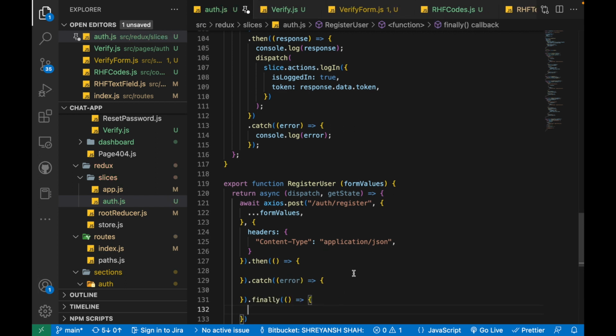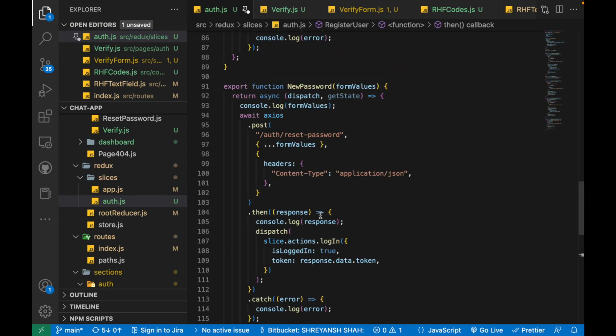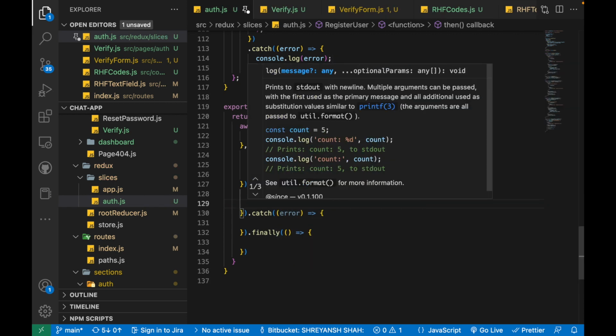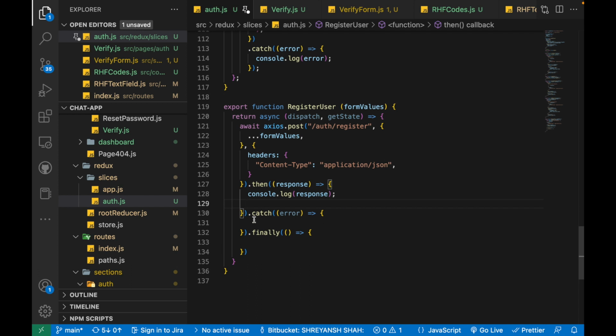Now what we are going to do here is simple. In this then block, we'll be basically getting the response. Let's also make this function not an arrow function but this normal function, because we have been following that same practice. So here we will be getting this response in this then block. For now, we'll just console log it, like this, and after that we just need to go to this catch block. Here also we are going to just console log the error,